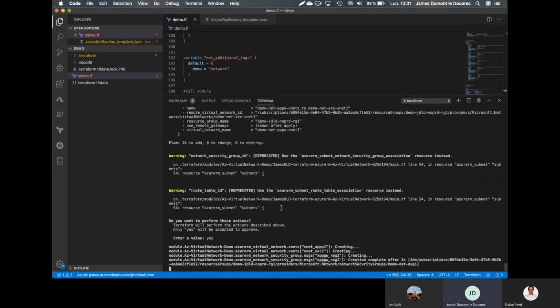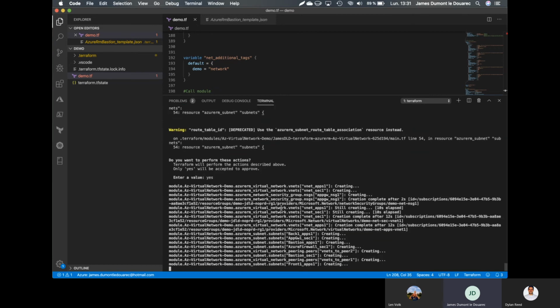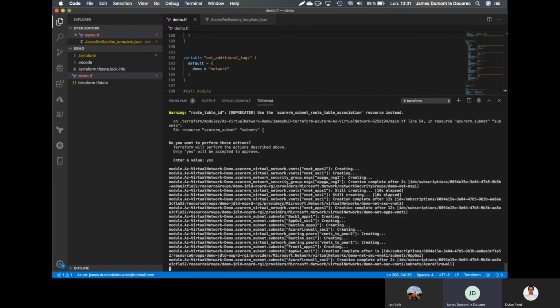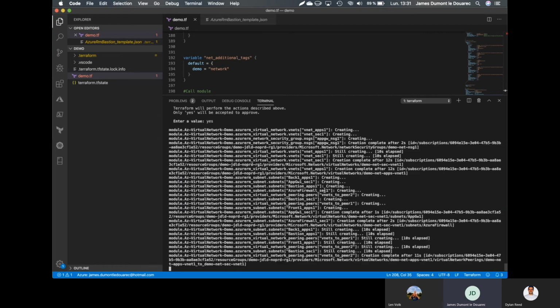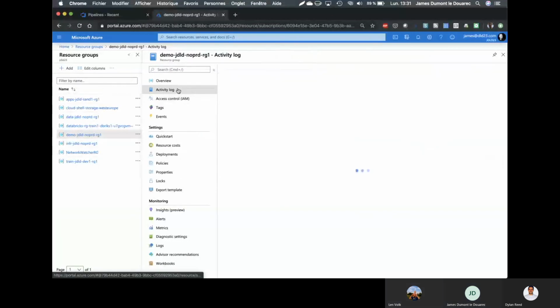And here we go. The last time I did it, it took about 5 minutes. The resources that take the most time to be created are the Azure Bastion hosts. But we will just go to our resource group.